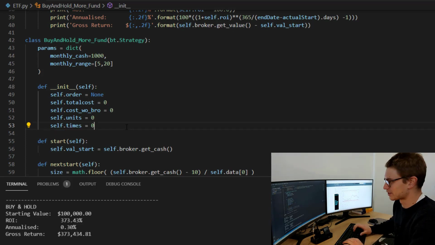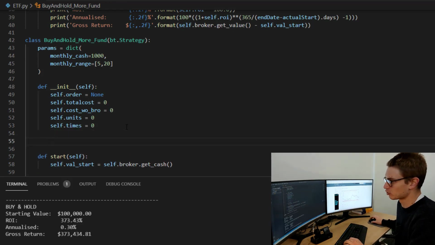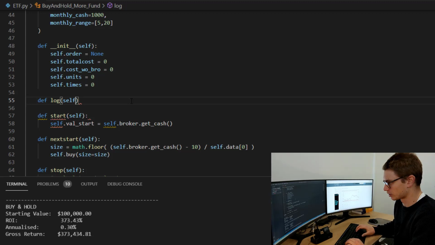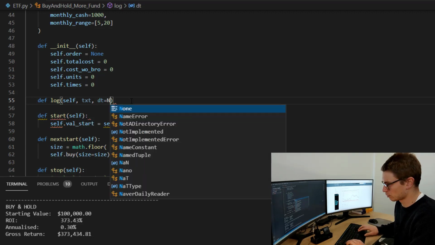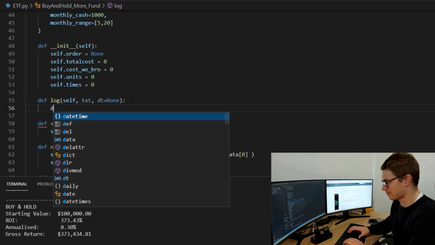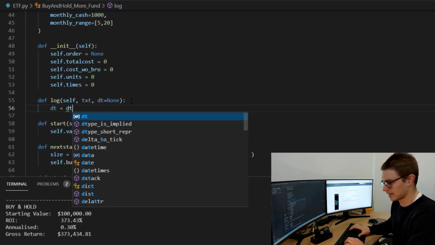Now I want to create this function called log, and this is going to be cool because we're going to be able to see when we transact and how much and the type of the brokerage and things like that. So let's call this log. We're going to call this self, and we're going to have text and a datetime parameter. So this is going to log for this strategy. So what I want to have is dt equals dt, or